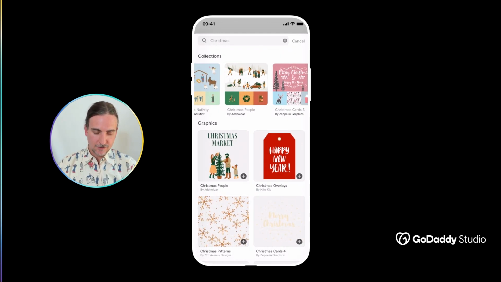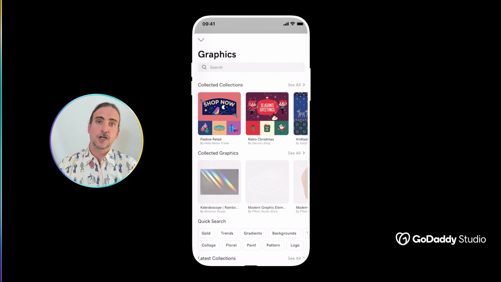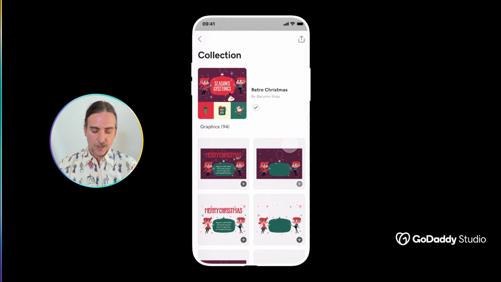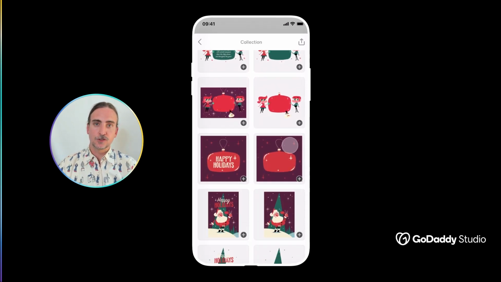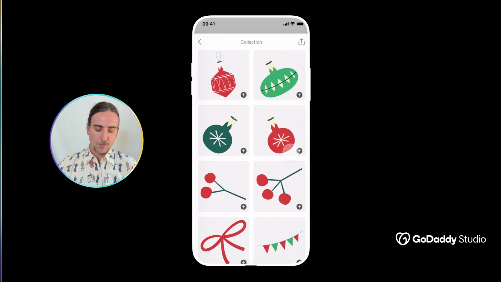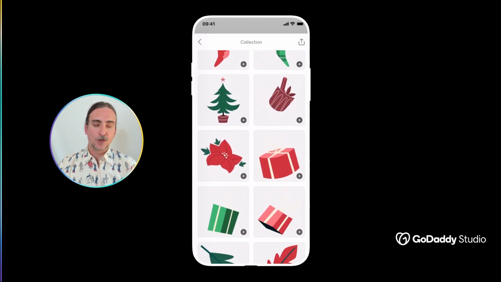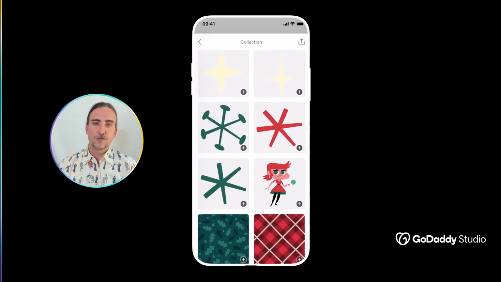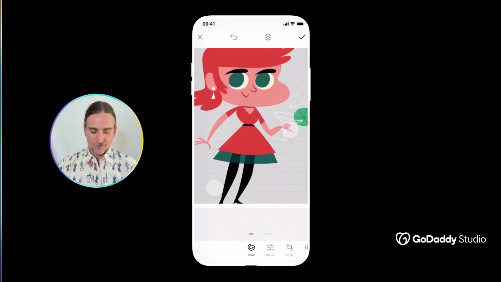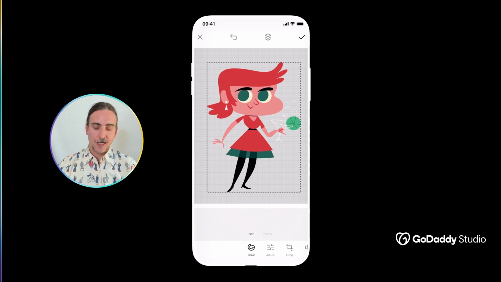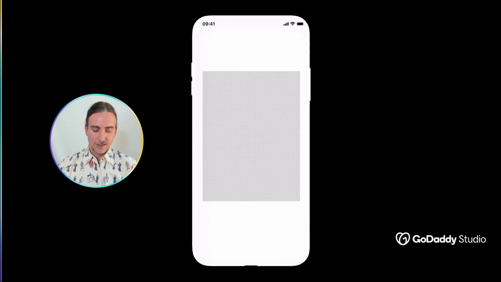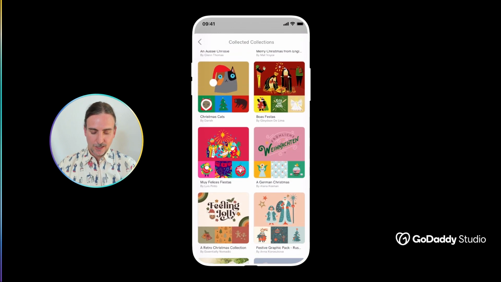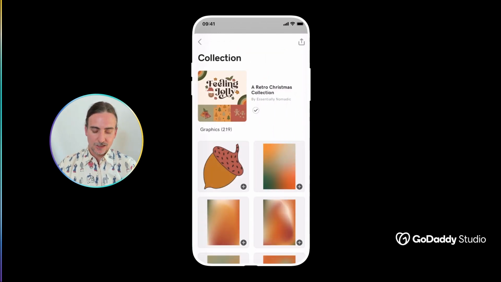One thing we've definitely noticed this year, there's been a big trend towards retro illustration and design styles. So that's why we've sought out these retro Christmas graphics. If you want to put a unique retro spin on your Christmas greetings this year, this will be a lot of fun. It draws on a very kind of 50s style, which can definitely add a lot of character and personality to your designs.